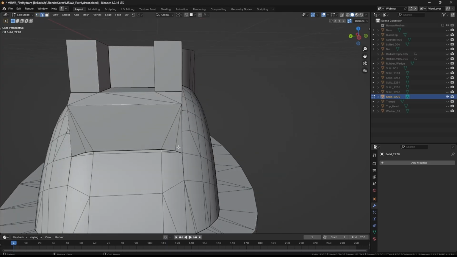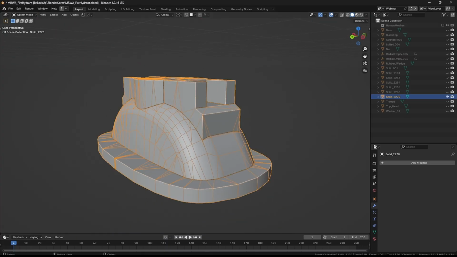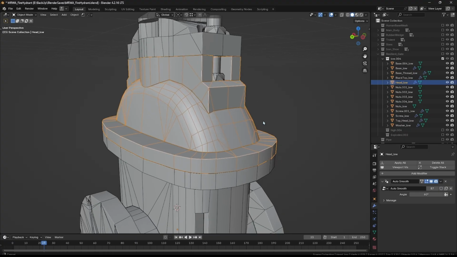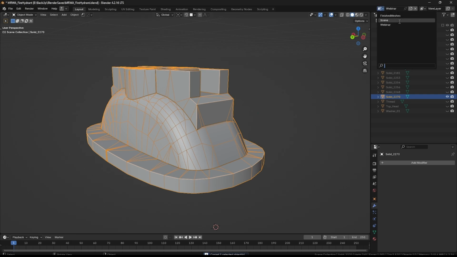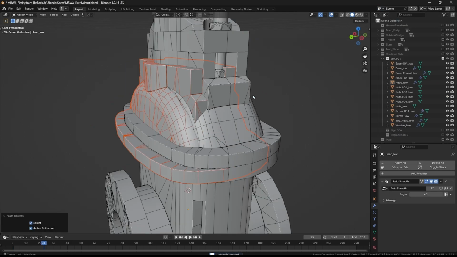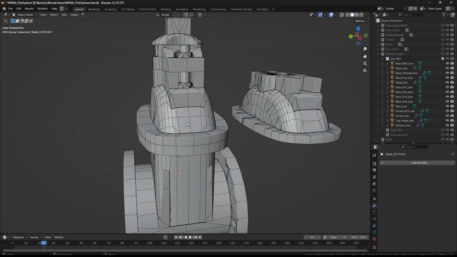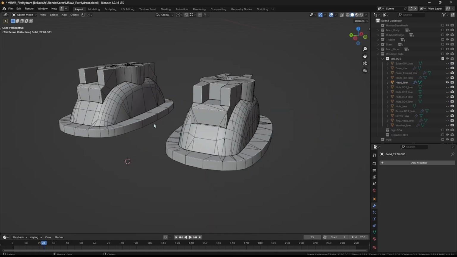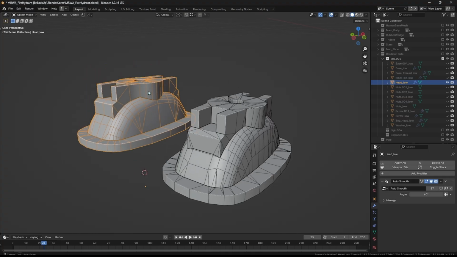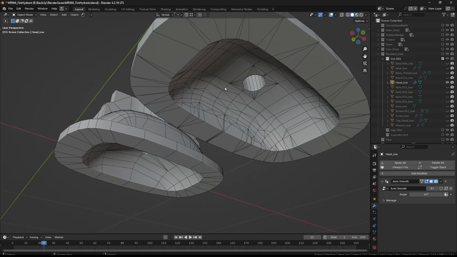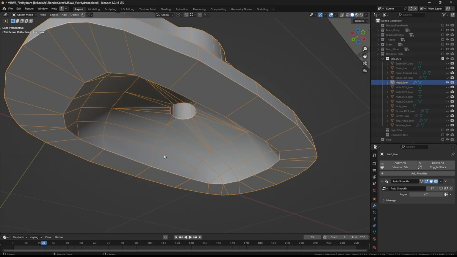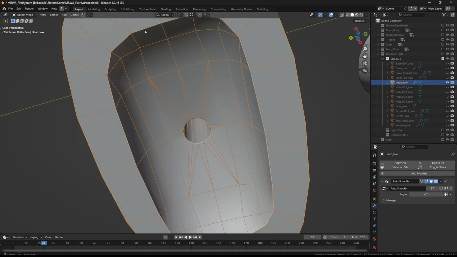So we'll continue cleaning this up until it looks something like this. If I go back and copy this and bring it over to here, there you go. If we look at these two, you can see that this is cleaned up quite a bit. Even underneath, there's all this unnecessary geometry here, and we'll come through and clean it up nice and clean